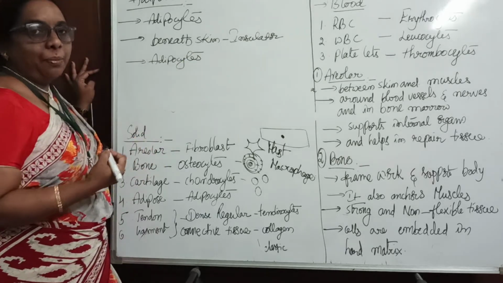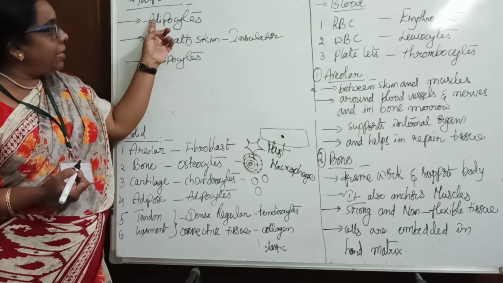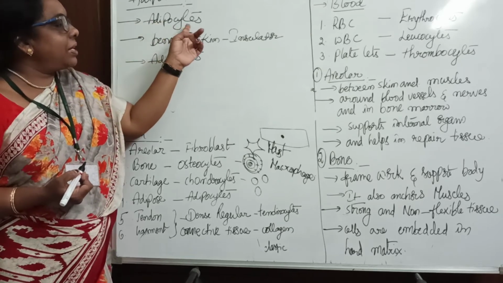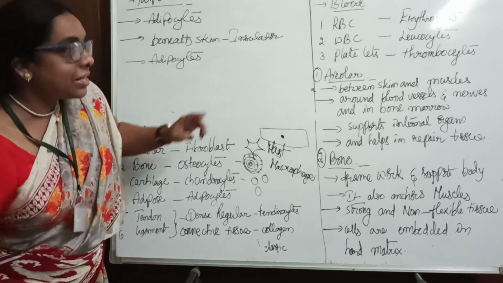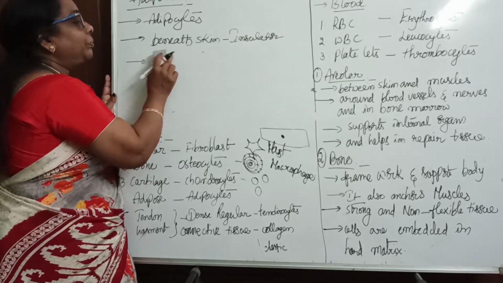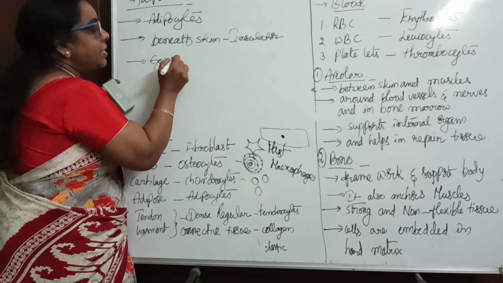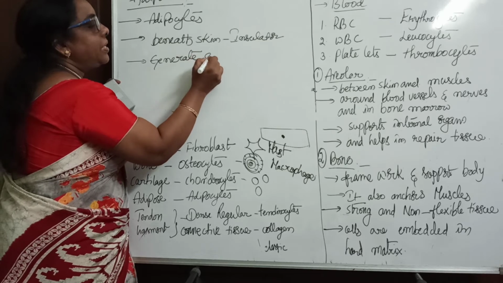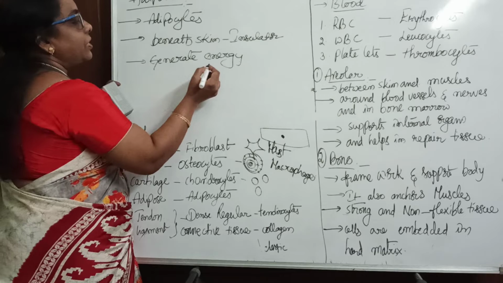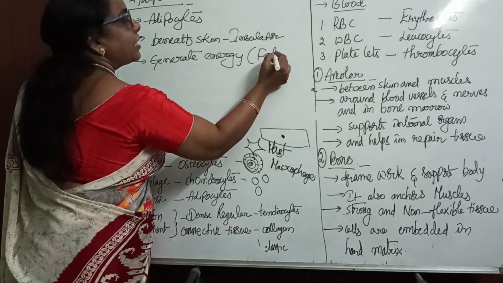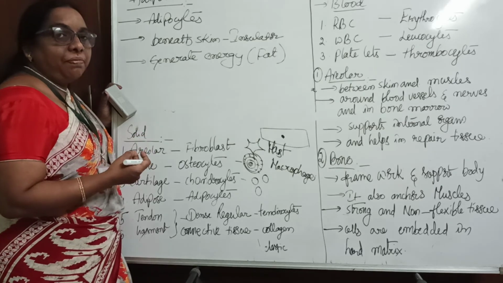The cells are adipocytes. Okay, yes, that is enough. We have already written this point. The cells are adipocytes, present within the skin, and they act as insulators, and they help to generate energy. We can also say that in the body these cells are present in the form of fat.